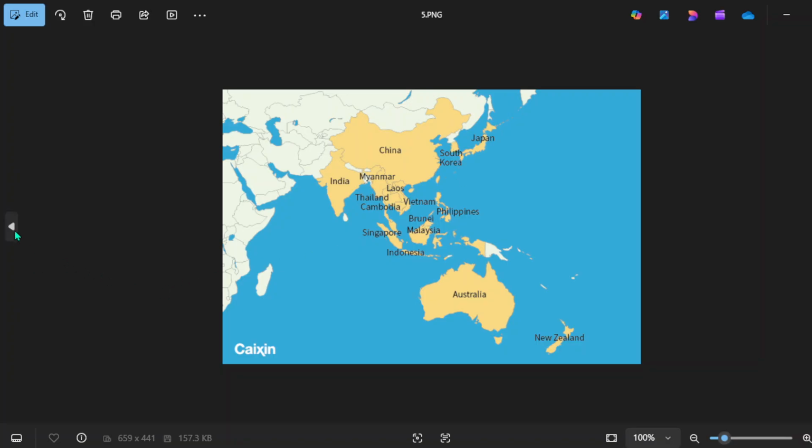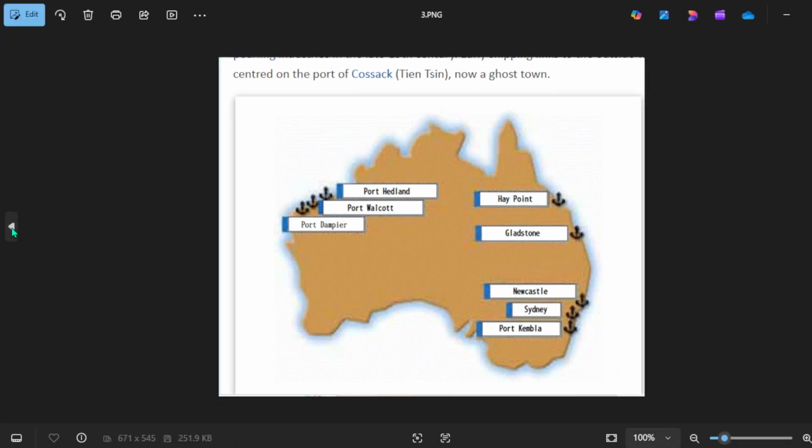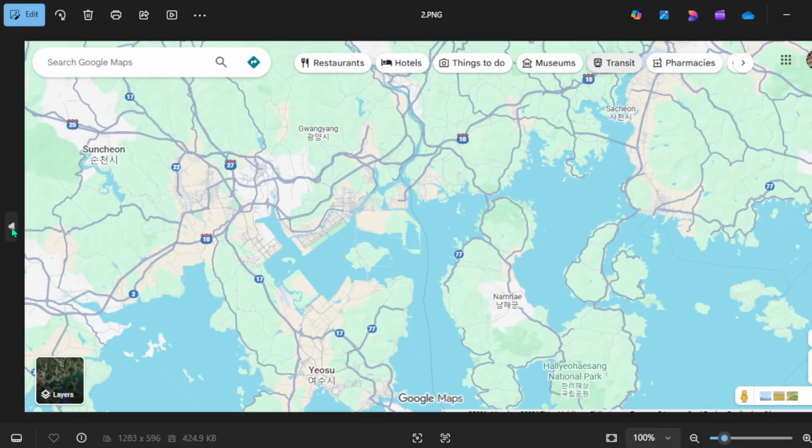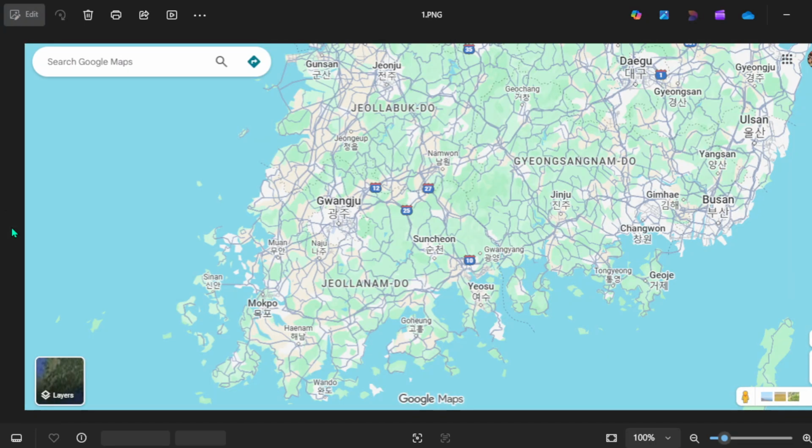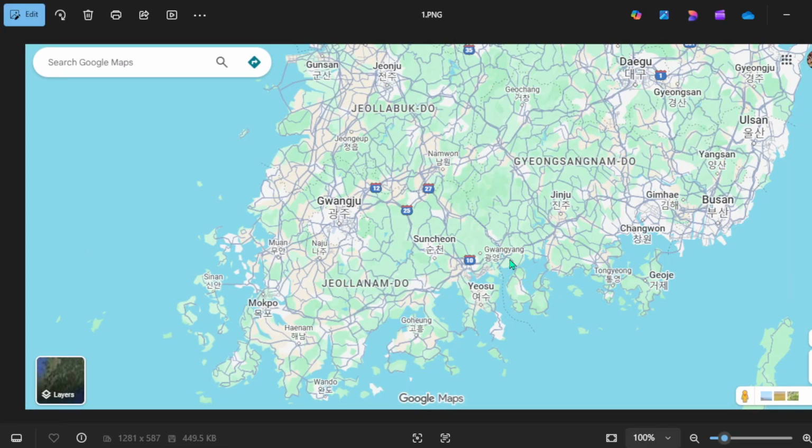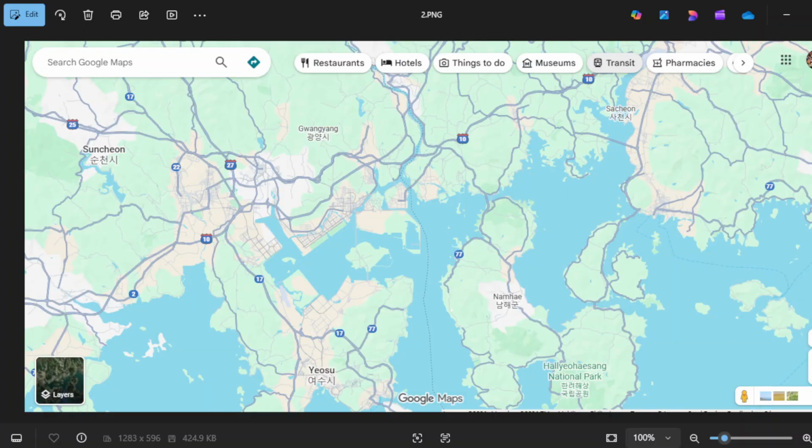Okay, then the next picture would be the Port of Gwangyang. So this is the middle part of South Korea, passing from the south. And the port is Gwangyang, this one.